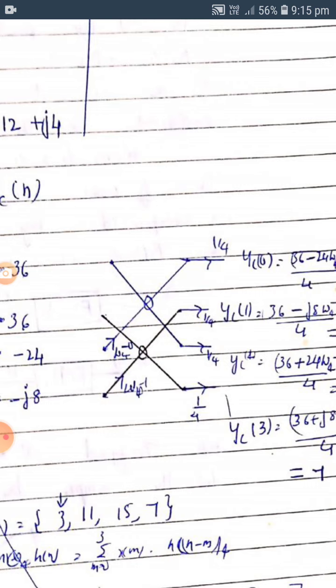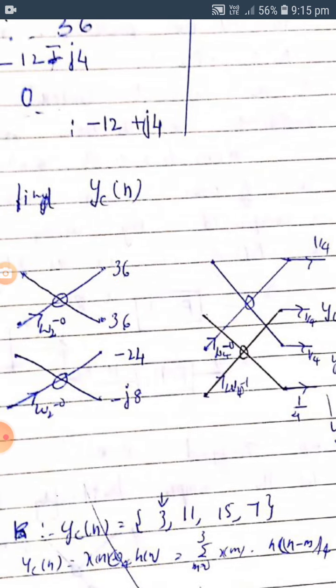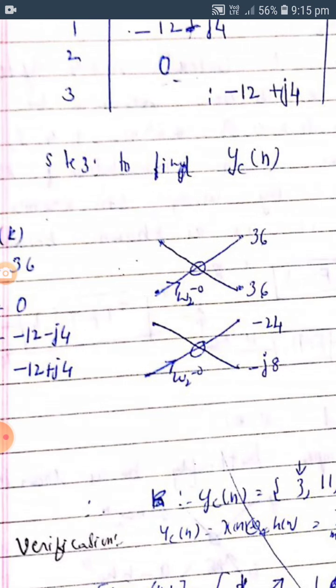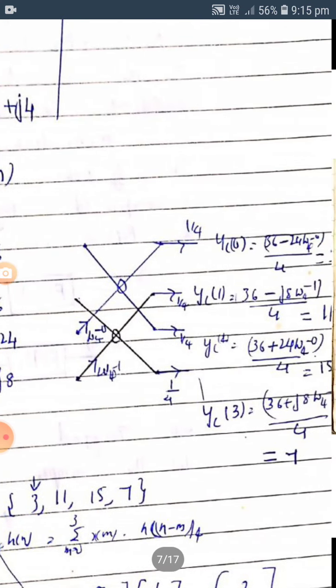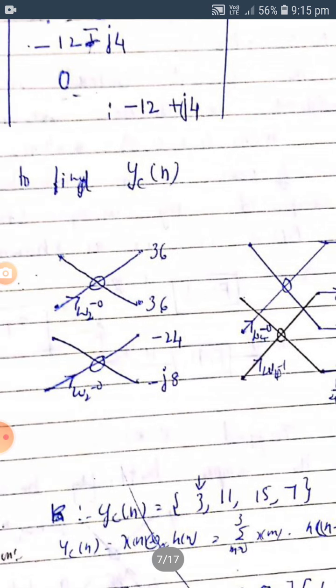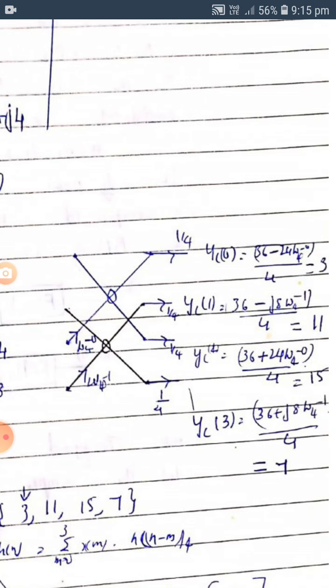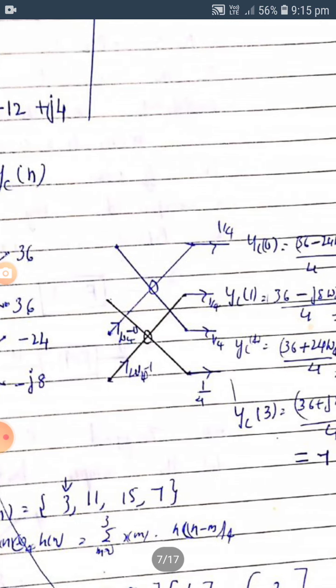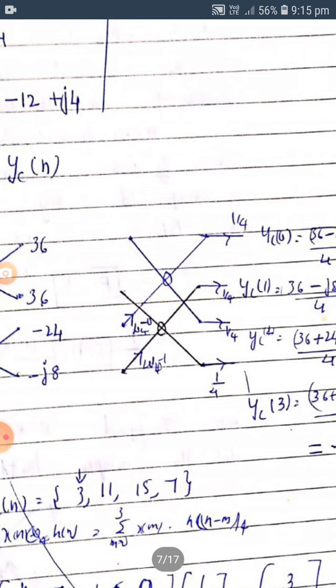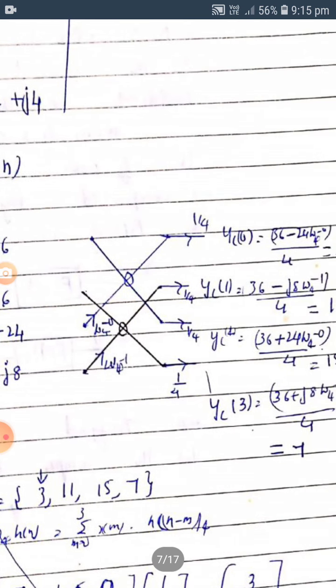Only when you are calculating from the input of the DFT signal, the output is the DT signal. During that time only you have to make two changes here. One is omega 2 values you have to write with minus, and the last stage output should be divided by 4. This is a 4 point DFT, so you have to divide by 4. If you are doing an 8 point DFT, then you have to divide by 8. Now it is a 4 point. Each last stage output should be divided by 4.